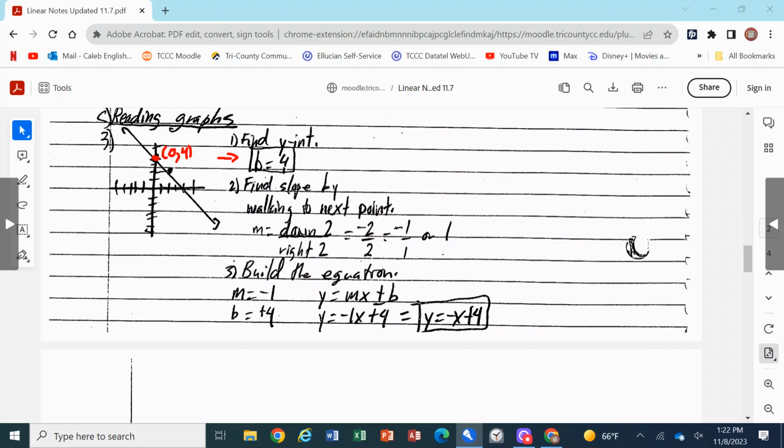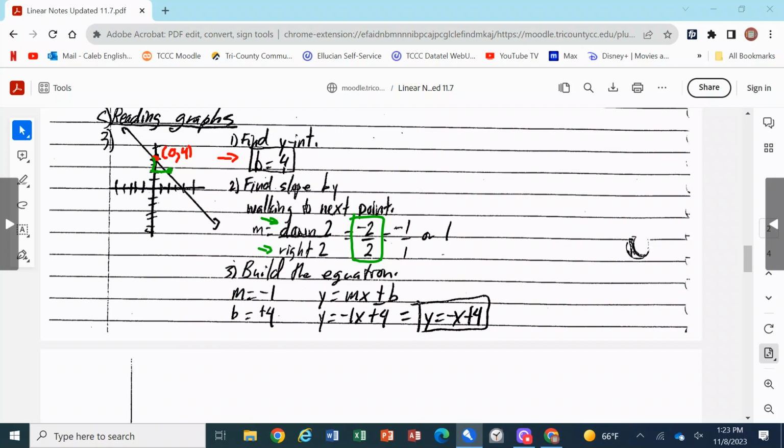All right? So let's find this next point here. You go down 1, down 2. So there's down 2. We went right 1, right 2 to get this next point. Now, when you go down 2, that means negative 2, right? Down 2, negative 2. Right 2, positive 2. So you got negative 2 over positive 2. Well, that just means that your whole thing's negative, right? Negative 2 over 2 reduces to